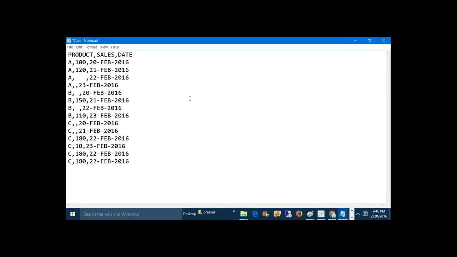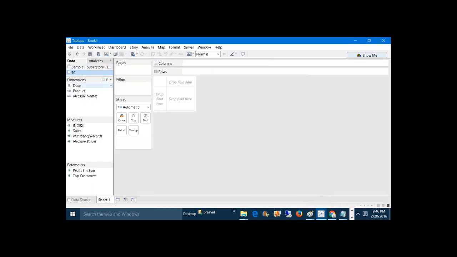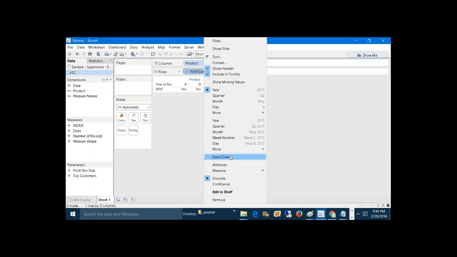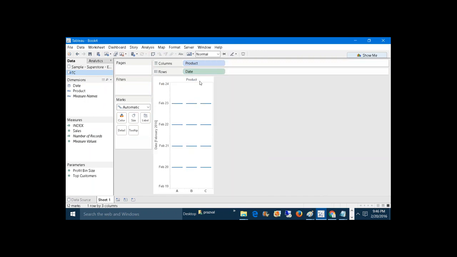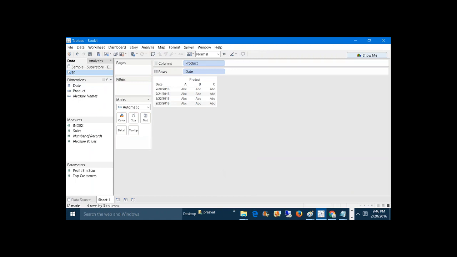So firstly, let me connect to the source from Tableau. Okay, I already have connected. So I'm taking the product into my columns. I'm taking the date into my rows. I'm taking here the exact date. And I'm taking sales. So how to get the first non-empty and the last non-empty for every product means using